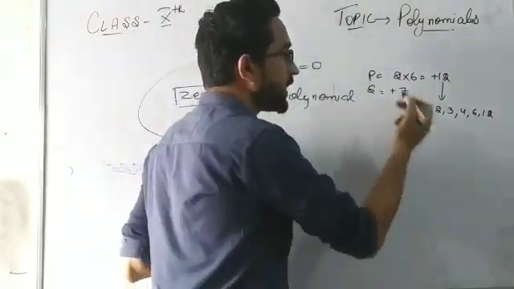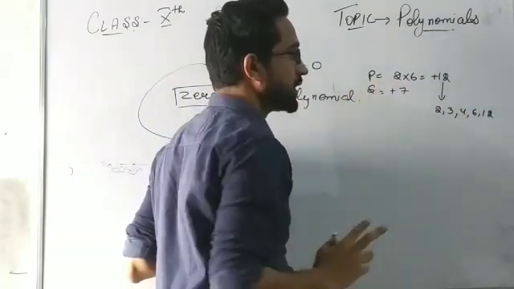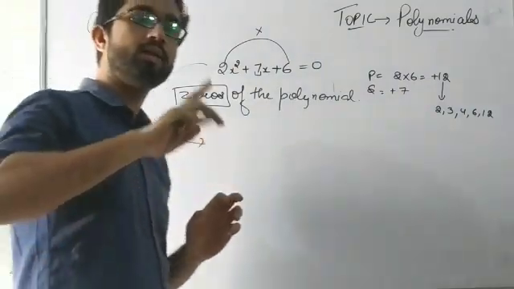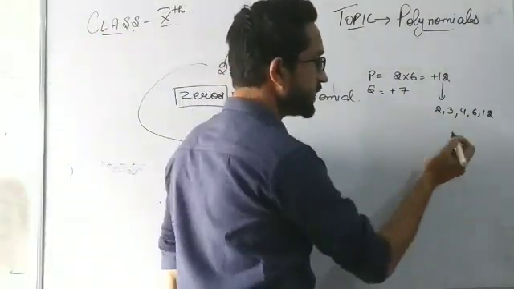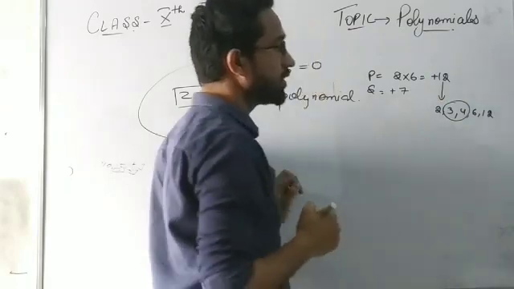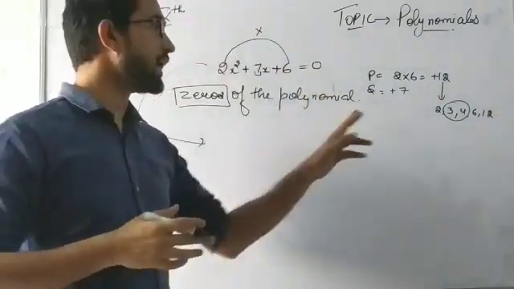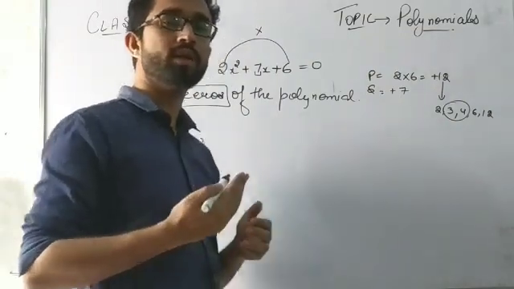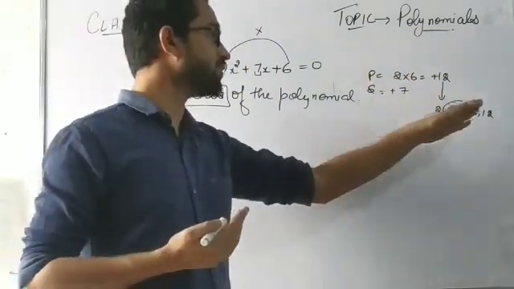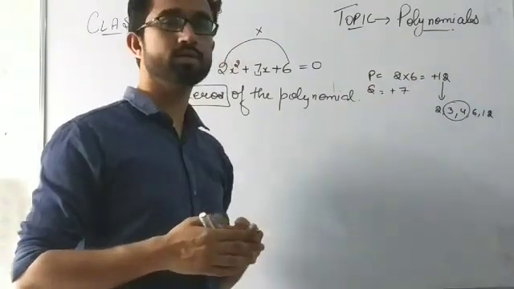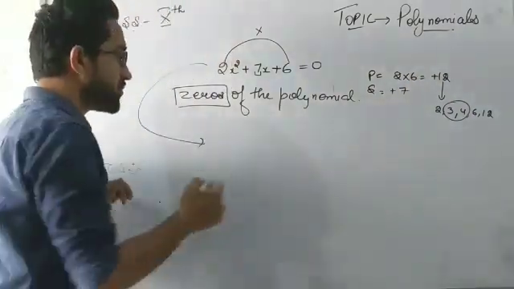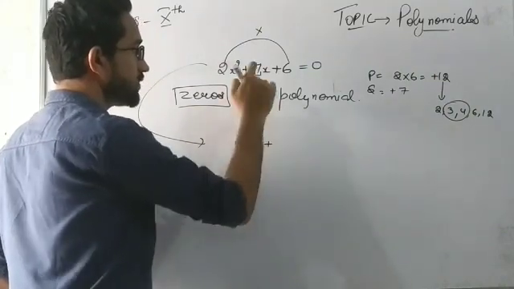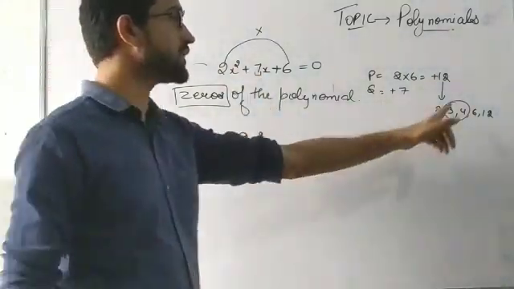Now just try to find out the two numbers from here which are adding up to 7 and their multiplication is 12 also. If I see here, you can easily see that 4 plus 3 will be 7 and their multiplication will be 12. So that means my numbers will be 3 and 4, whose sum is 7 and product is 12. The next step will be, we will write the equation as 2x squared plus, instead of the 7x, we will write 3x plus 4x.